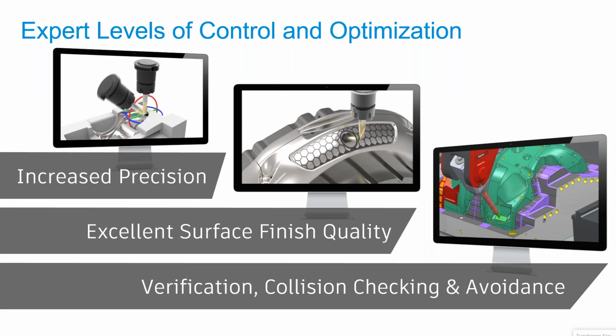surface finish. And when it comes to high-end machines, the confidence level is what matters, giving the utmost confidence for the programmer and the operator to run those high-end machines. We have inside our software the verification options, the collision checking and the automatic collision avoidance options. So this gives you the utmost confidence that whatever you see on the screen of the software is what you are going to achieve on your live CNC machine cutting. Next slide, Sanjay.